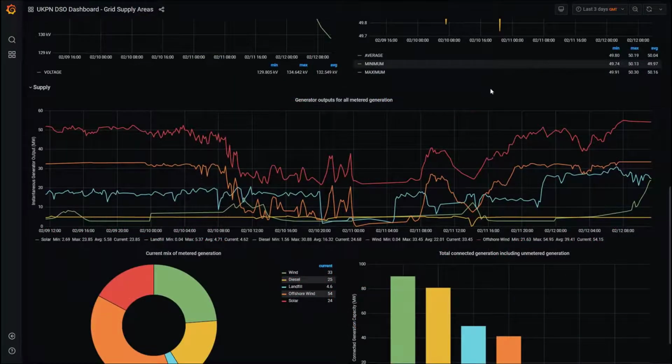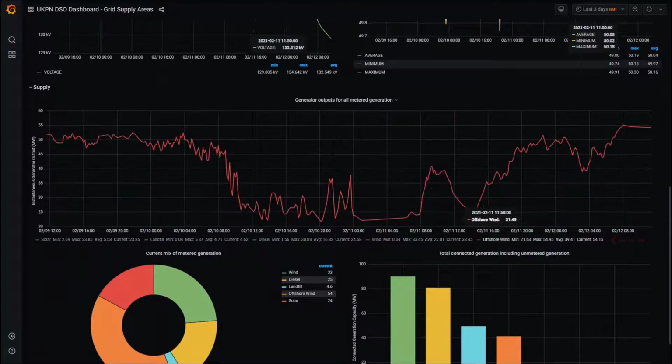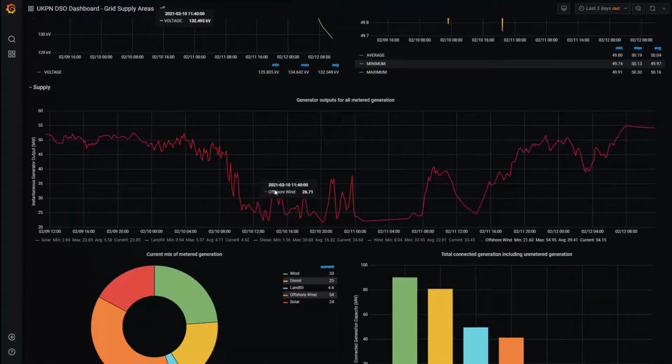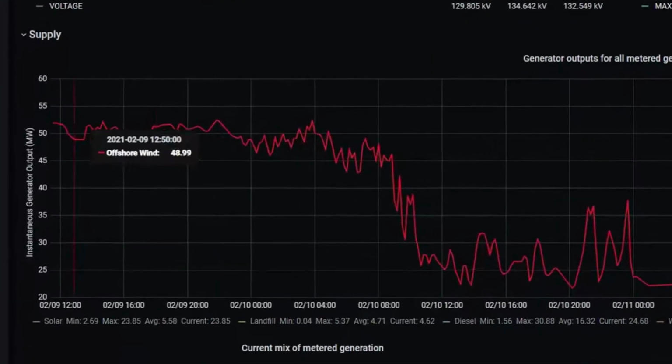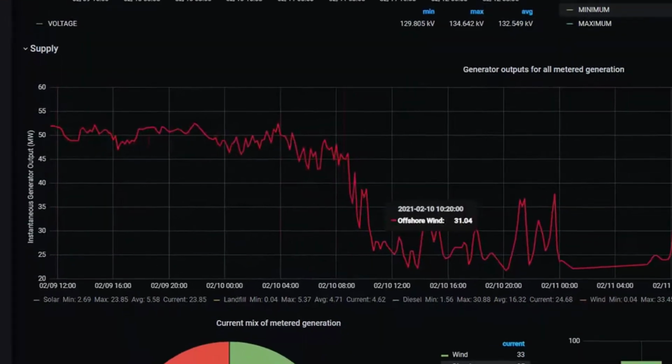Going further in, if your interest is only in offshore wind, for example, you can focus just on the offshore wind curve by clicking on the words offshore wind, and that's all you see. So if we zoom in on the offshore wind curve, you can see when it was windiest and when it wasn't so windy. Looking here, about 3 days ago, it was quite windy, and this ties in with some really